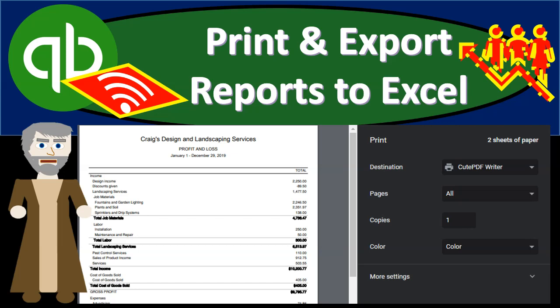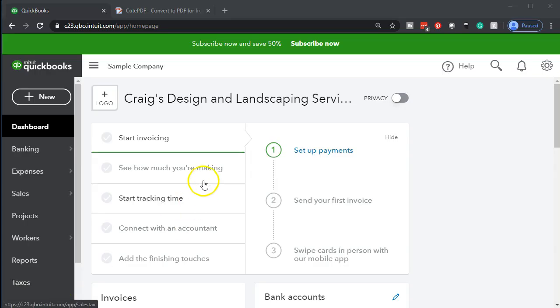In this presentation, we will take a look at some techniques to both print and export reports to Excel within QuickBooks Online. Here we are in our test drive file with Craig's Design and Landscaping. We're going to go down and open some reports and consider some of the